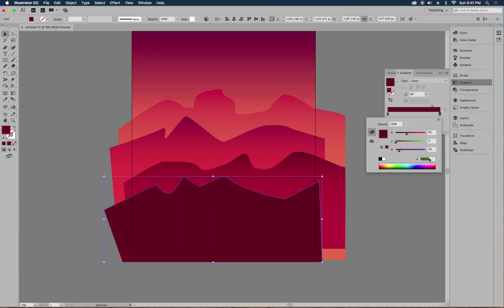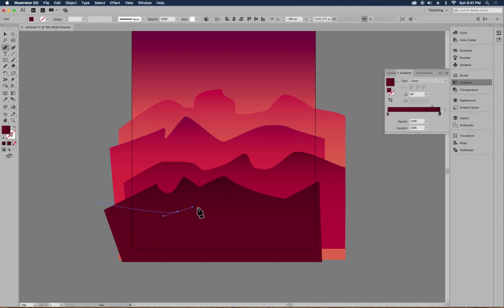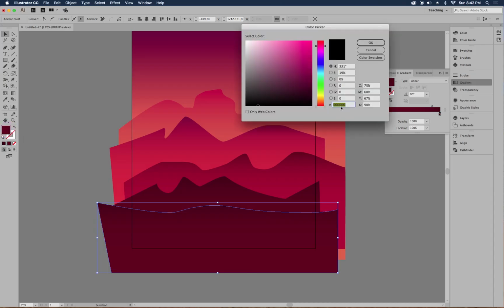And then we're going to go to 430018 here. Finally, we're going to do the last one, which is going to have more subtle curves because it's going to represent the ground. You can see that I'm going outside of my artboard here, and that's going to be a solid fill. We no longer want the gradient, so I'm going to double click here, and in this hex code I'm going to put